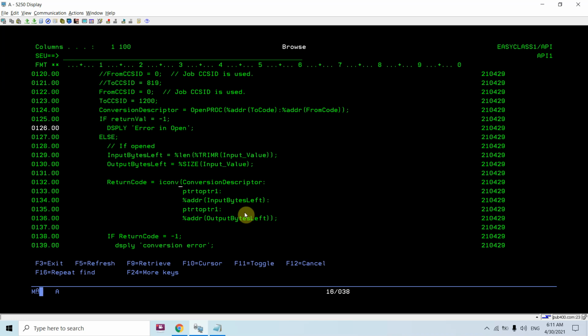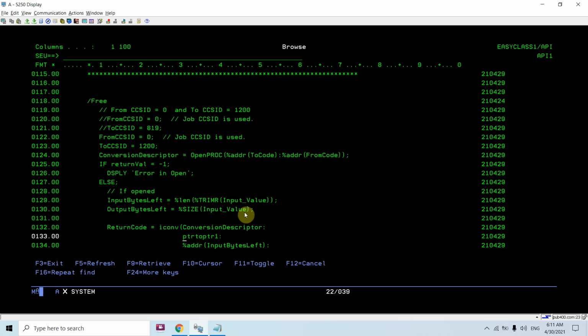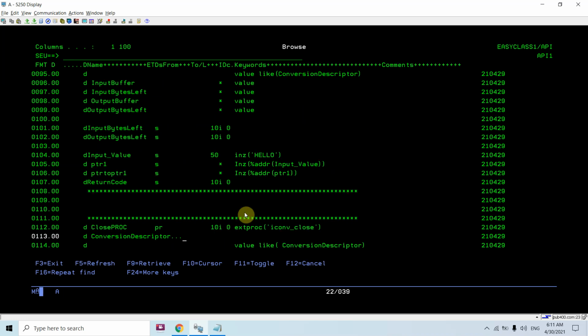So here you can see I'm calling this iconv API now. The first parameter is the conversion descriptor. So I am passing the conversion descriptor, whatever I am receiving from the open API, and then I have to pass the input buffer. In case of the input buffer, I need to pass the input value.